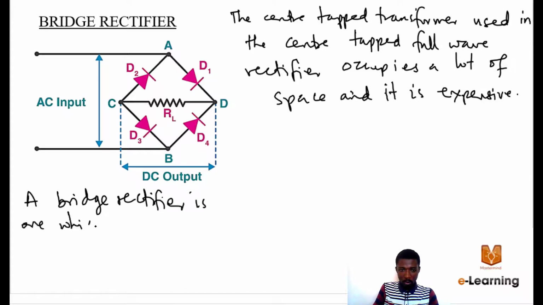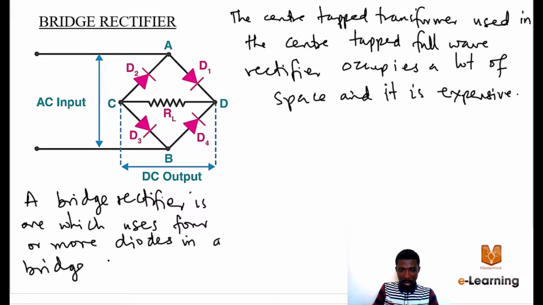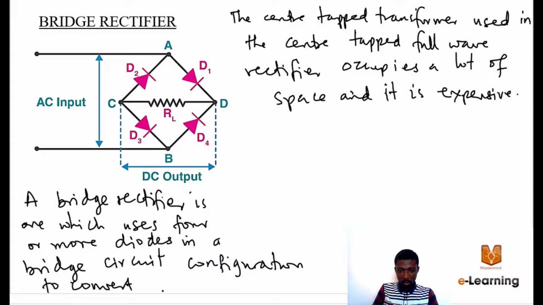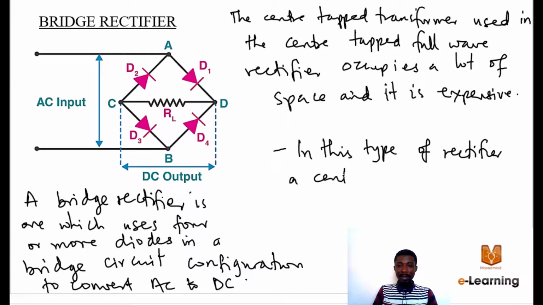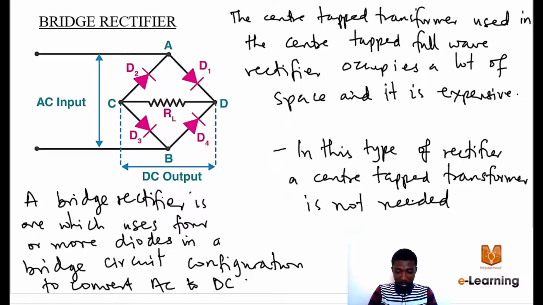is one which uses 4 or more diodes in a bridge circuit configuration to convert the AC signal to a DC signal. So in a bridge rectifier, a center tap transformer is not needed. In this type of rectifier, a center tap transformer is not needed. A bridge rectifier. Now let's look at how